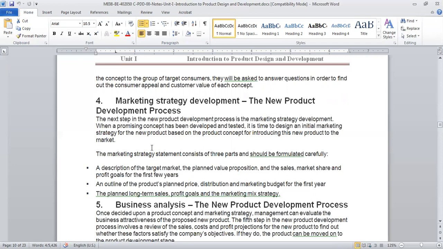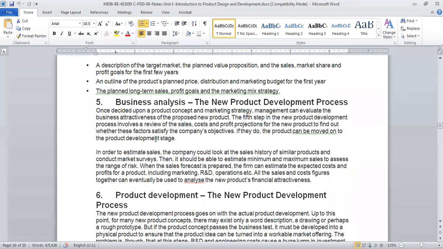Okay. And then the third stage is planned long-term sales and profit goals. So basically, this is short-term. In initial stages, you might sell the product for a lower amount so that people will know about it. But once you start having more and more product, you will stabilize the product, and then you know what sales you are expecting and what profit goals you have. So all these things are done in marketing strategy. Okay.